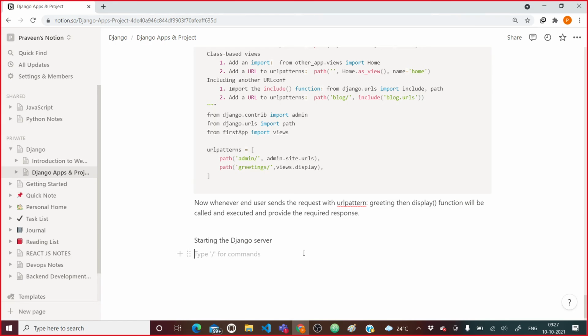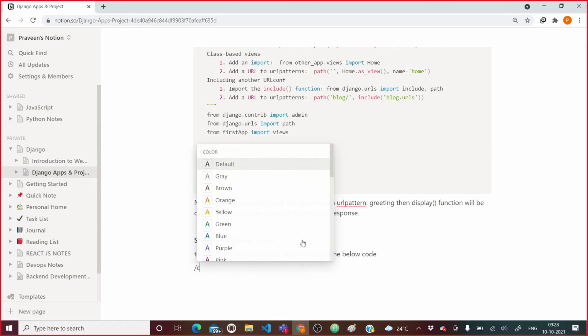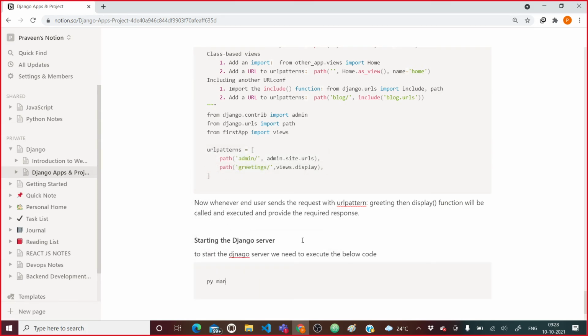To start the Django server, we need to execute the below code. We need to say py manage.py runserver, or python manage.py runserver. Fine.